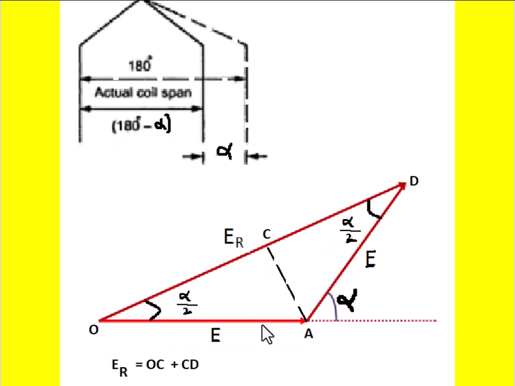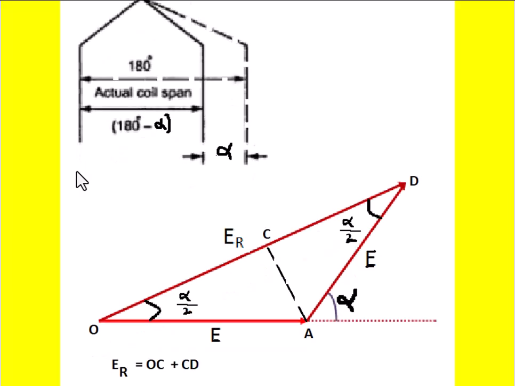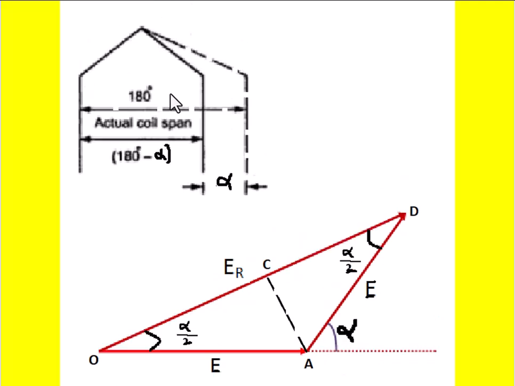In this case, each coil side induces voltage E, that is this coil side we represent as OA, and the voltage induced in this is capital E. Similarly, there is another coil side, the second coil side, that we represent as AD, and the voltage induced in that is capital E,